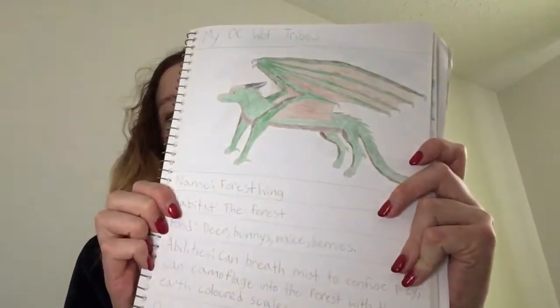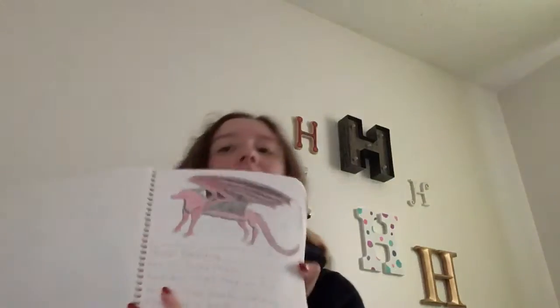And I just did some Wings of Fire hybrids of all sort of the different characters, and yeah, I also came up with some of my own Wings of Fire OCs. Like this one is called a Forest Wing, and I also have Blood Wing